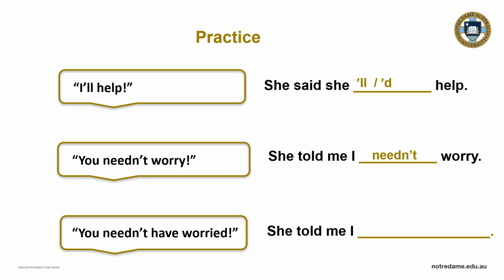And maybe she's, in the original conversation, kind of talking about the past. She's telling me, "You needn't have worried." So when I report that later to my other friend, I'll say, "She told me I needn't have worried." There's no change to the sense, so no grammar change. So that may seem a little unusual or even peculiar to you, but it's not really. It's part of ordinary English.